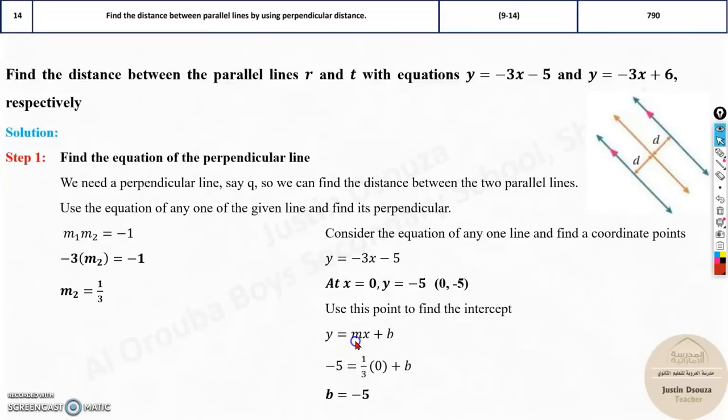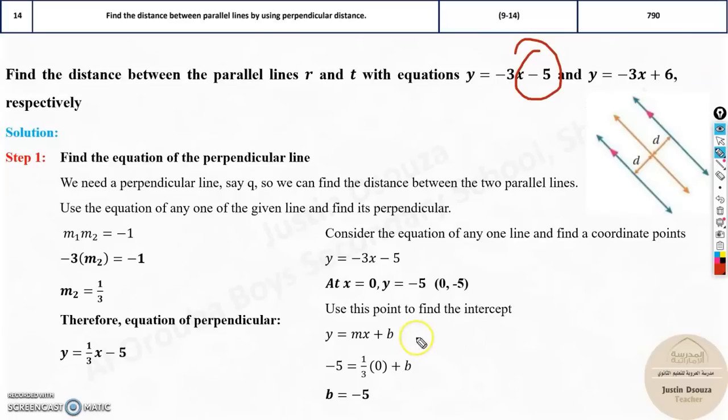But technically this is the method to solve. We have done this already to find the y-intercept, so we can use this formula. Otherwise, if you understand this thoroughly, this is the x-axis, y-axis. When x is 0, you get the y-intercept. Now, in this case, it was minus 5. That's it. Next, what do we do? We now use this intercept and write the equation for the perpendicular line. Now we are using this b value and writing the equation for the perpendicular line. Till now we used this equation and found its intercept. Otherwise you can just see this is the y-intercept, so directly we can use it. But anyways,